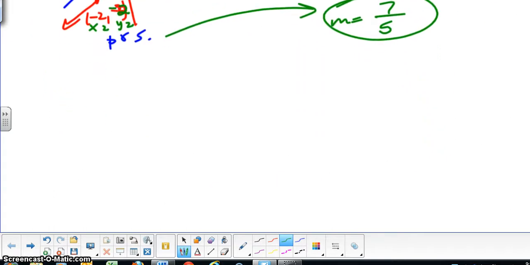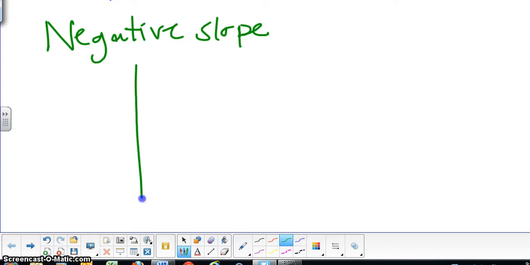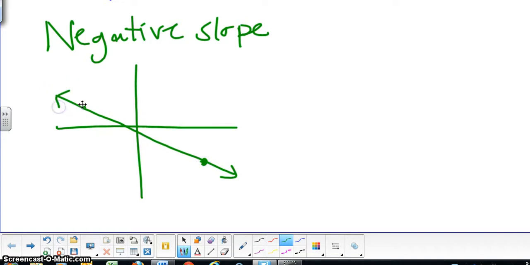The second kind is a negative slope. So on a negative slope, you will see a graph that looks something like this, and connecting in 2 points. And again, I'm going to make up some points here, like -4, 2, and 5, -3. Okay, so same like the last one, this one is falling to the right, therefore it is